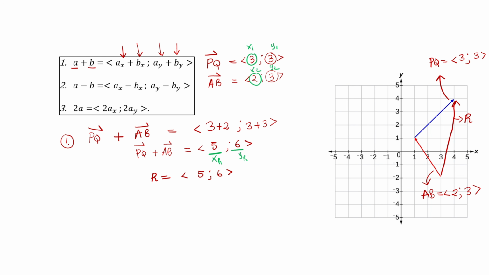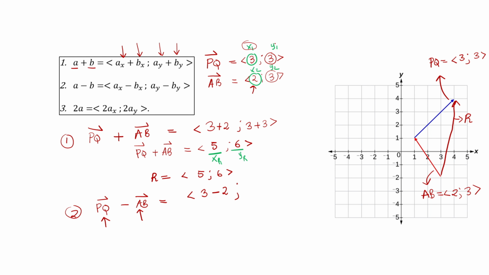You can do further combinations here and try to find the difference between two vectors. If you say vector PQ minus vector AB, what are you going to find? PQ minus AB, you have to use the components that correspond to one another. In this case, the x component of PQ is 3, minus the x component of AB, which is 2. So this is 3 minus 2. Don't say the opposite, don't say 2 minus 3. It's 3 minus 2 because we are saying PQ minus AB.